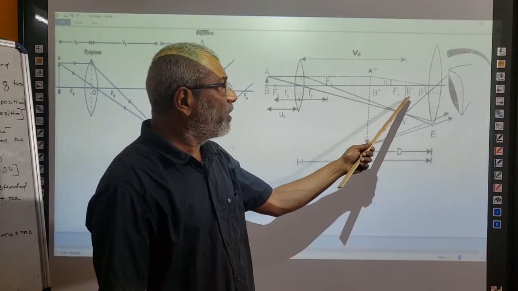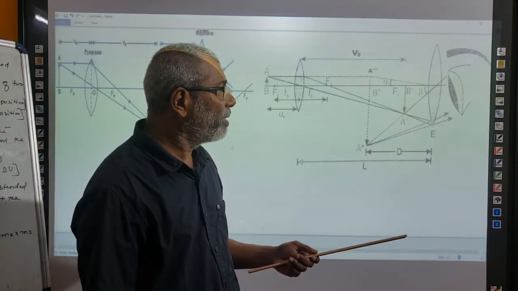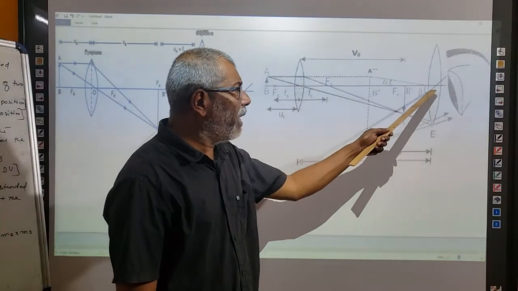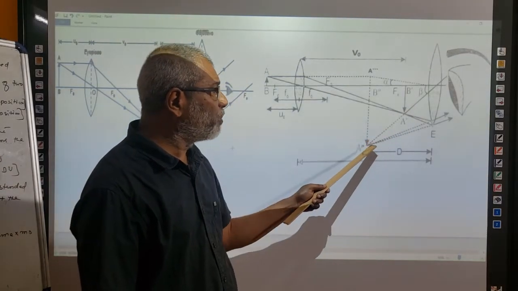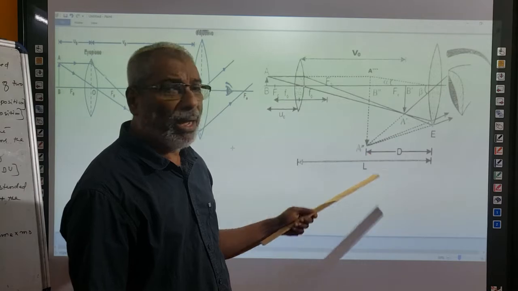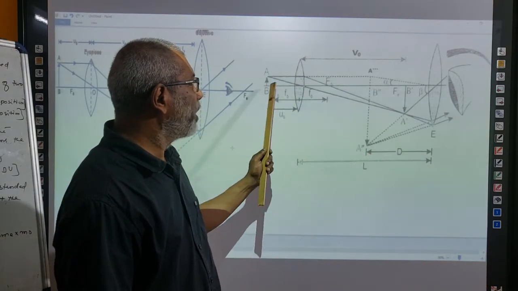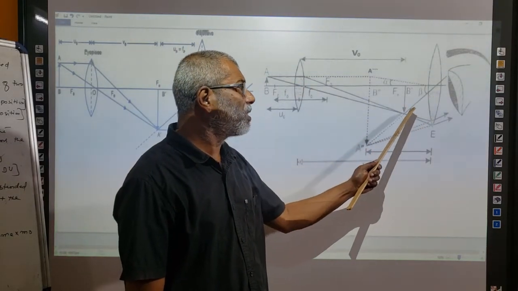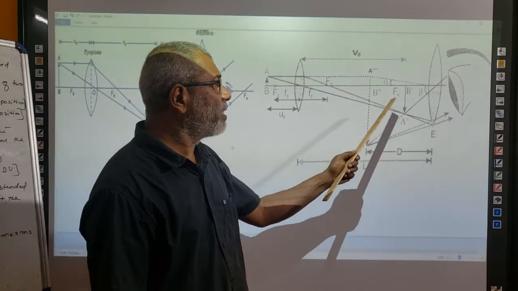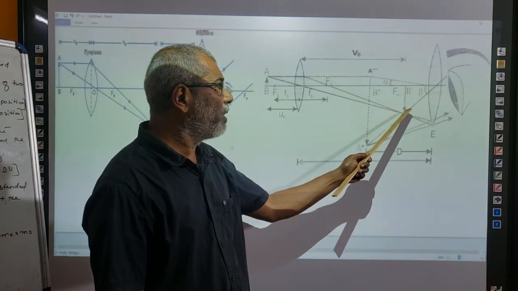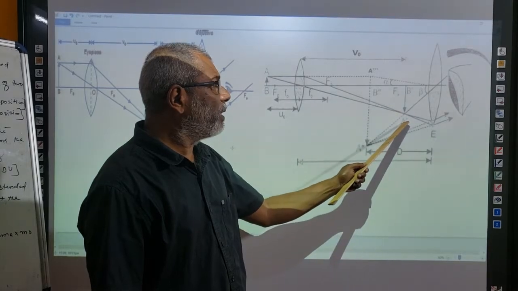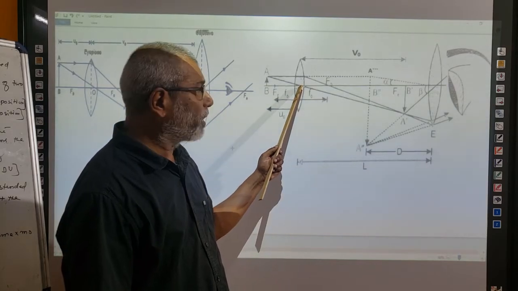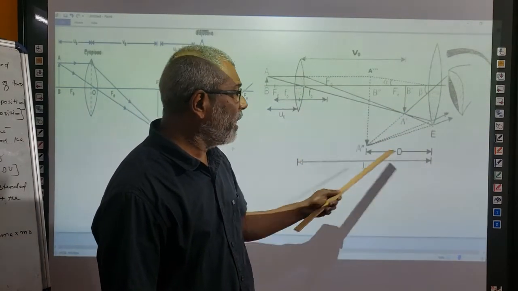Now, when an object is within the focal length of a convex lens, it cannot make a real image. Whereas, it can make a virtual image on the same side of the object, which is quite enlarged and erect. In this case also the same thing happens. The object lens forms the image within the focal length of a convex lens, called the eye lens, and this eye lens now forms the image of A'B', which is actually the image formed by the object lens, at a distance D away from it.